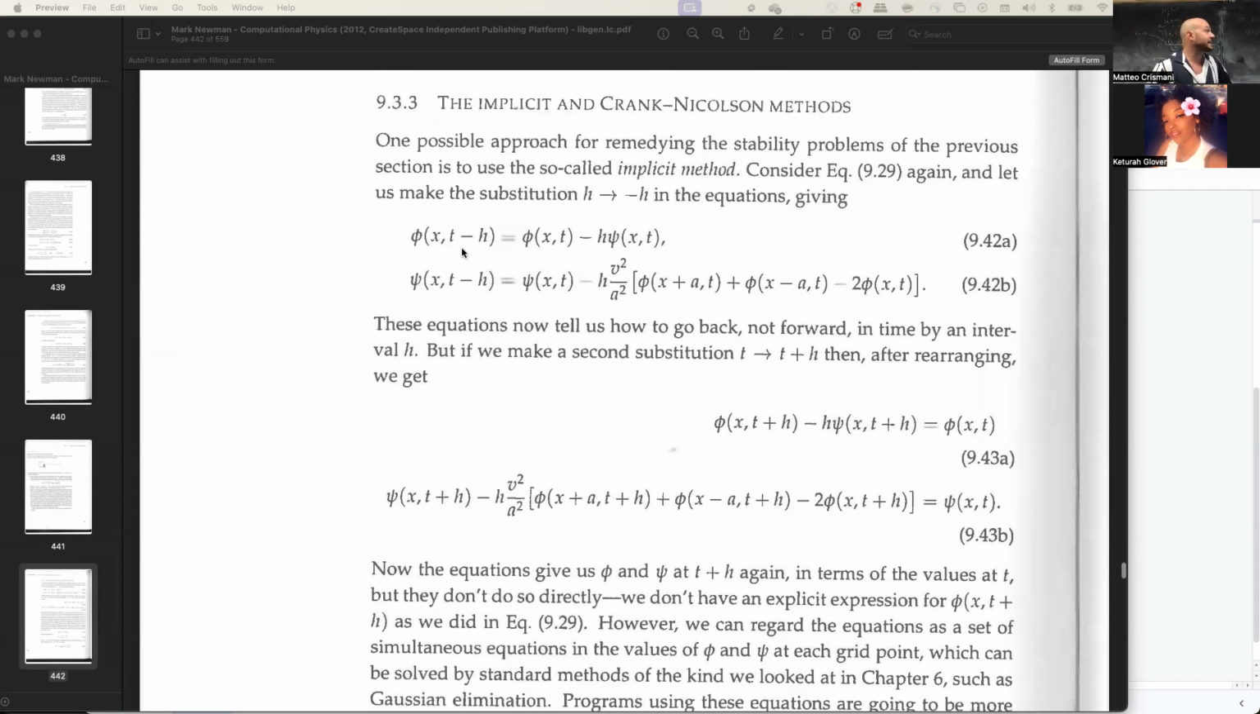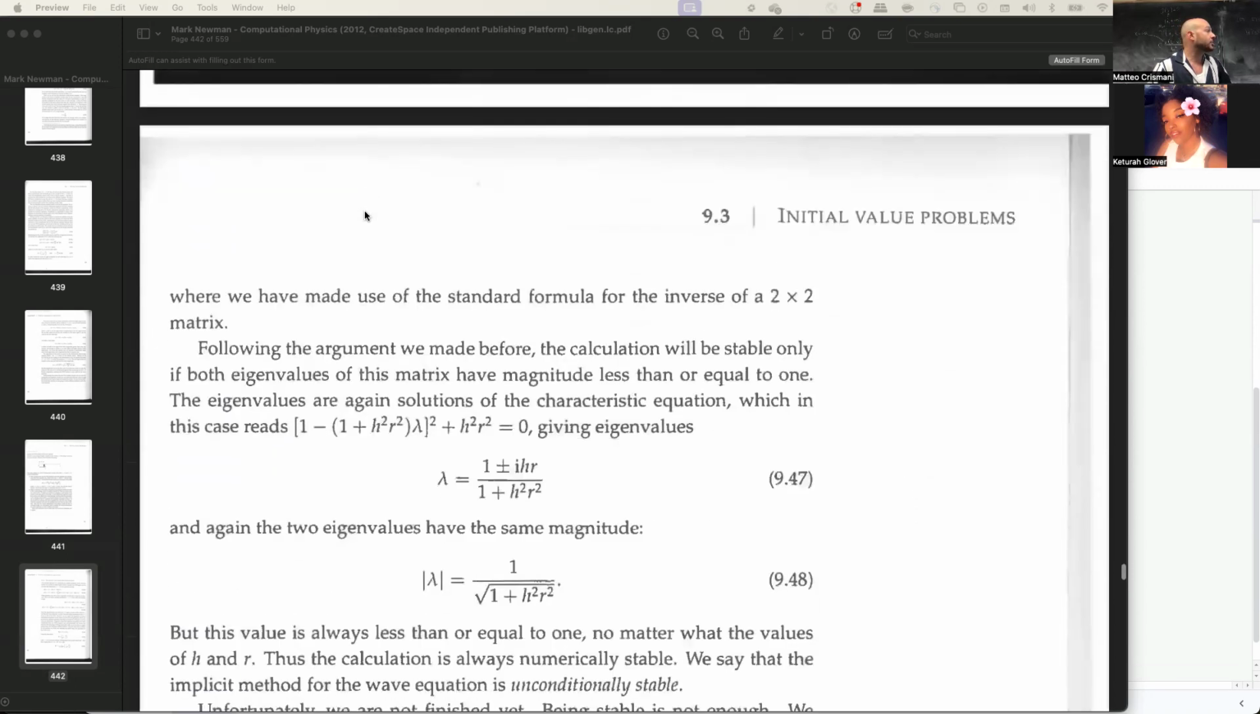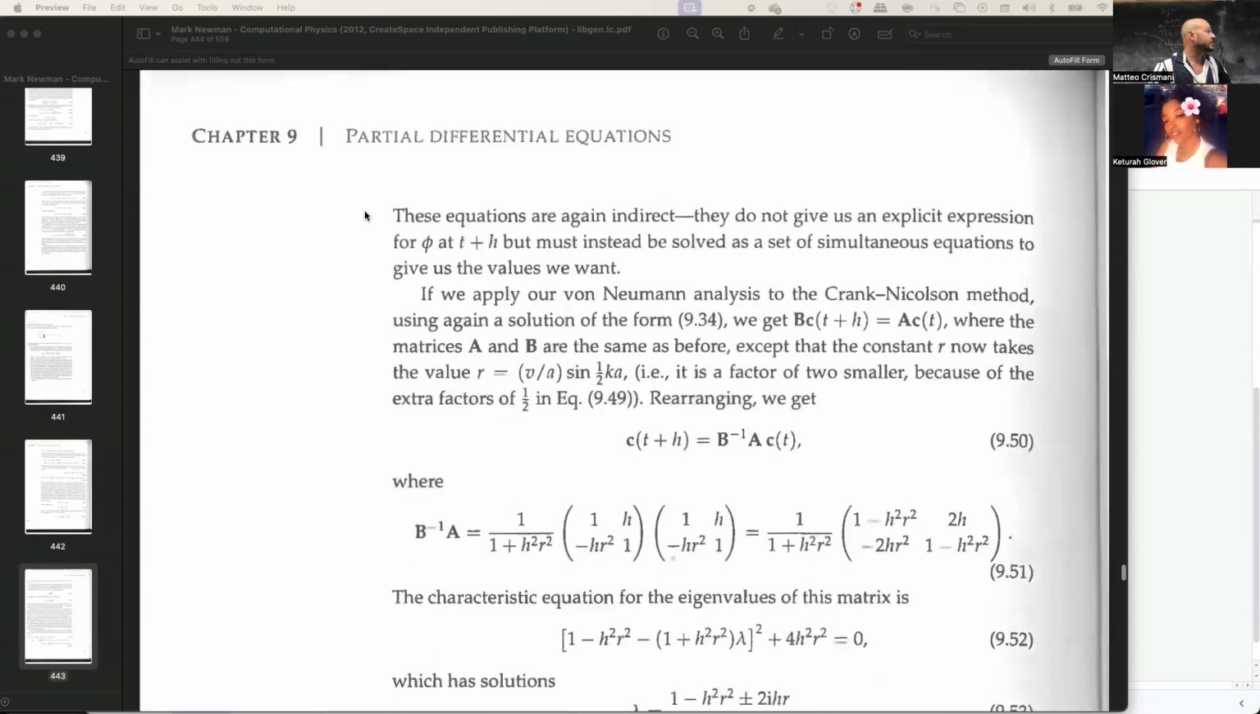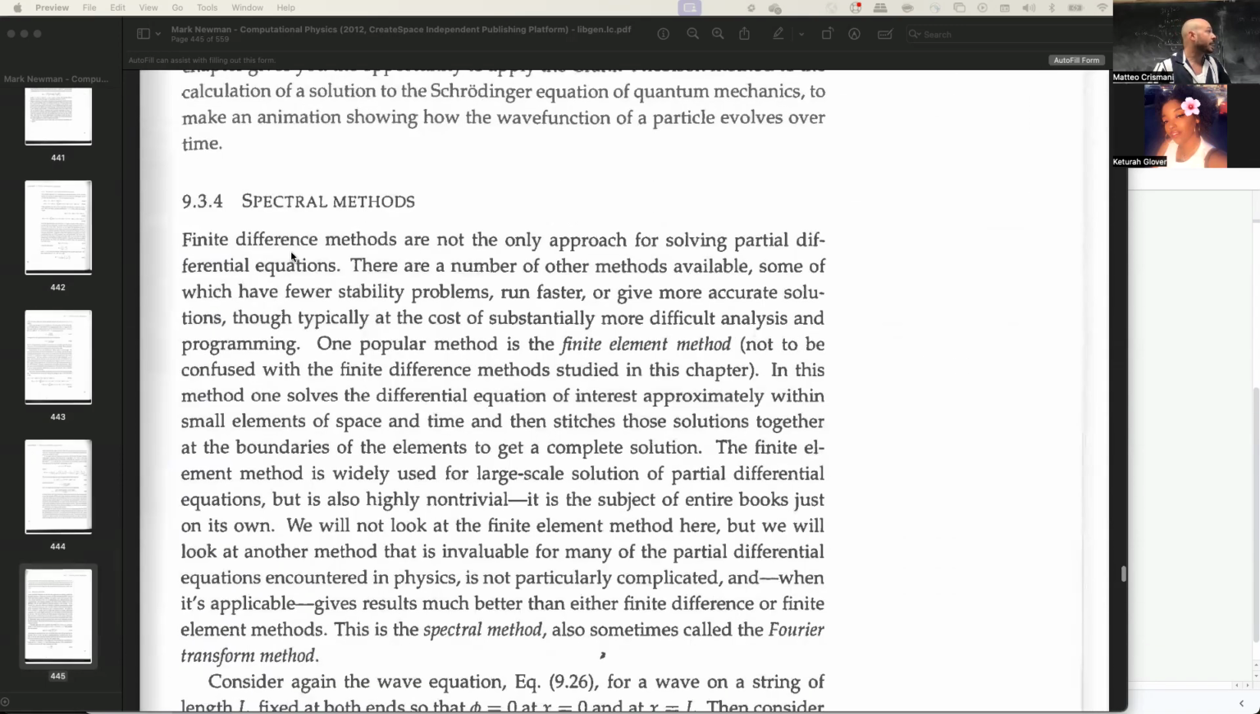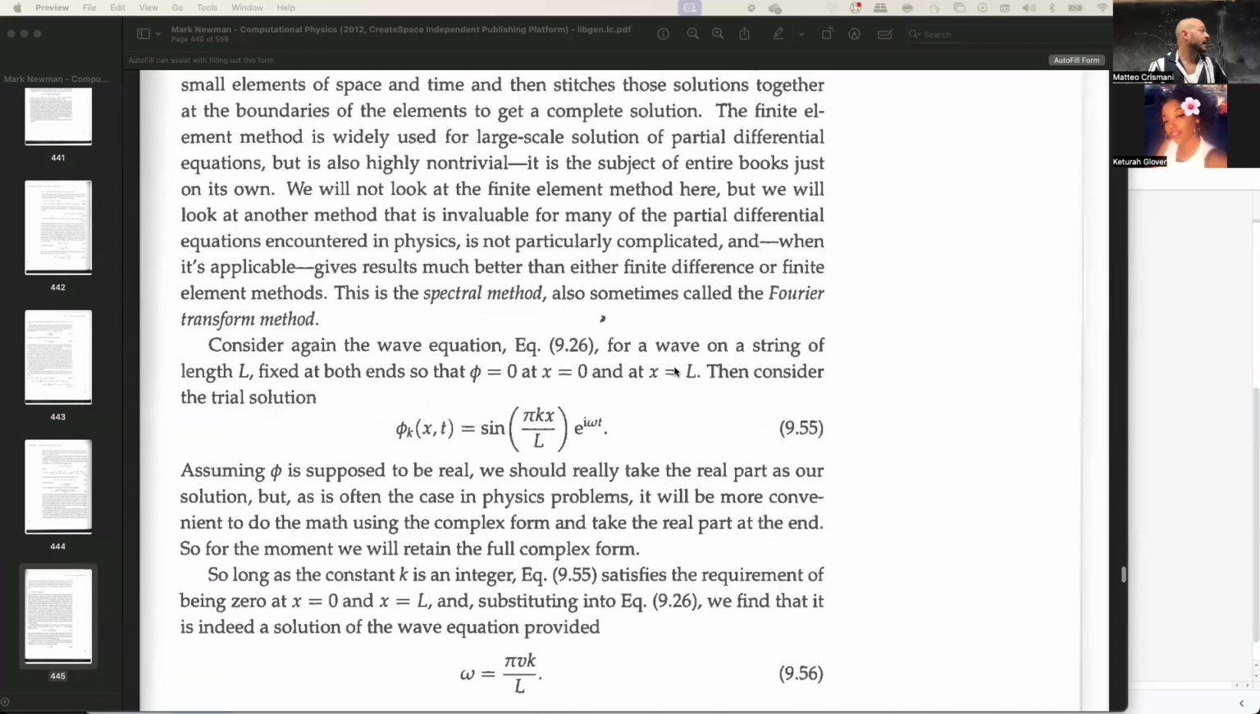So you have different techniques. This is called the implicit or the Crank-Nicolson methods. If you go through this, you'll also find that there's a technique called the spectral method, where instead of doing a finite difference, you do a finite element. And what that means is a finite difference is the way that we took the derivatives beforehand, but you could